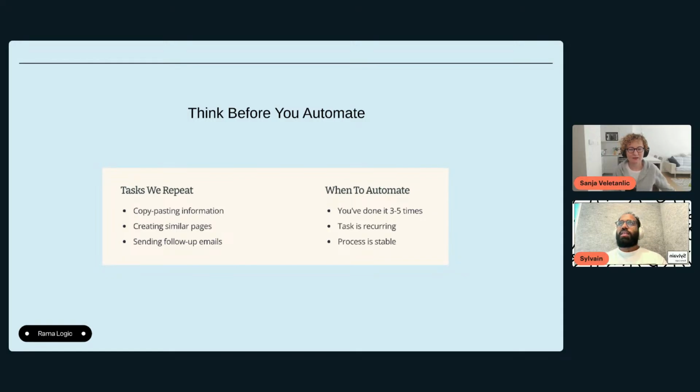Yeah, that's a basic thing. You cannot automate something that you don't know how it works. So you need to be sure how it works and if it's repetitive. So don't try to automate, like, a build task, as opposed to a recurrent task. Building tasks you cannot really automate.